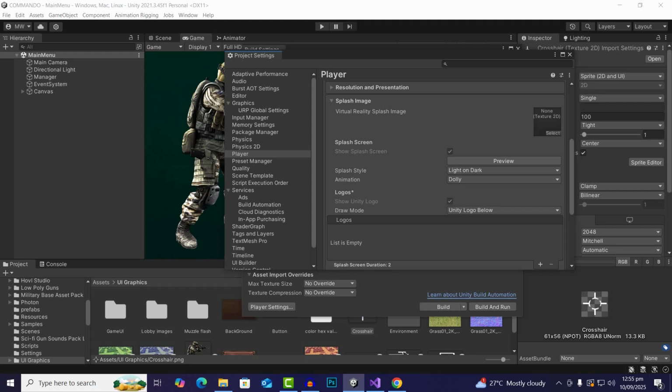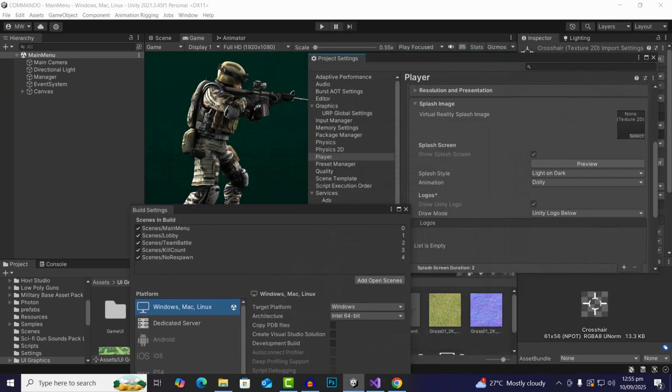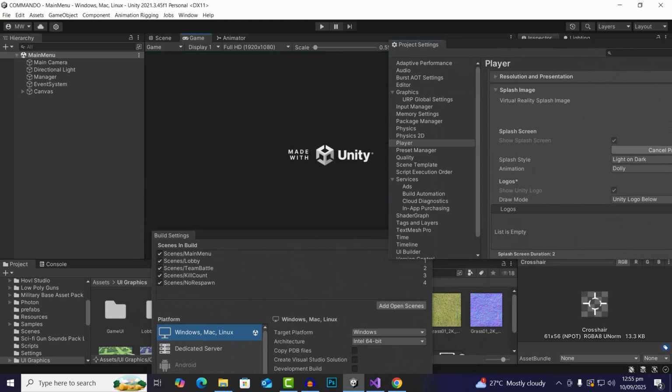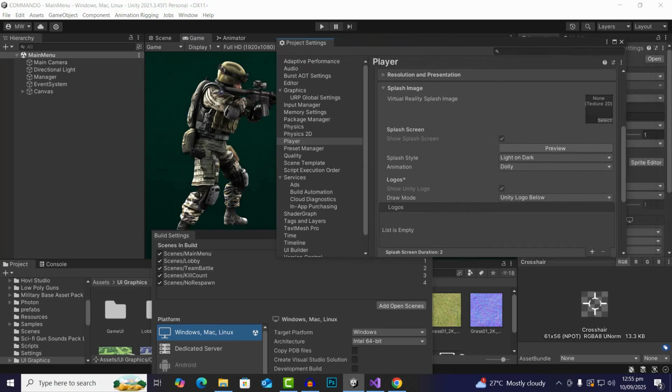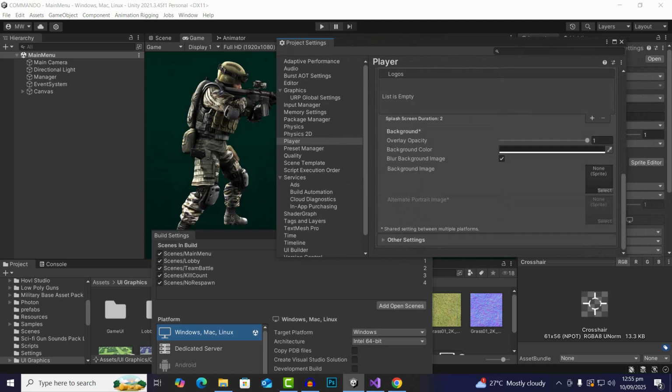This splash image, you can add your own splash image if you want. I'm not going to use that. And also, if you click on preview, you can actually see the preview over here. Okay, so if we click on preview, you can see that it's made with Unity, and then the game will be started. Definitely you can add some backgrounds as well if you want. So here you can place a background image,